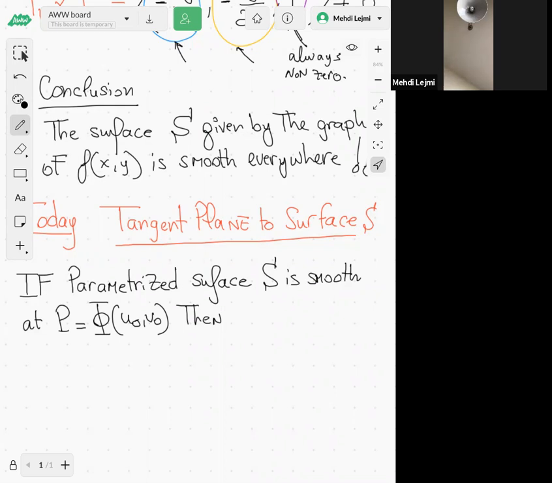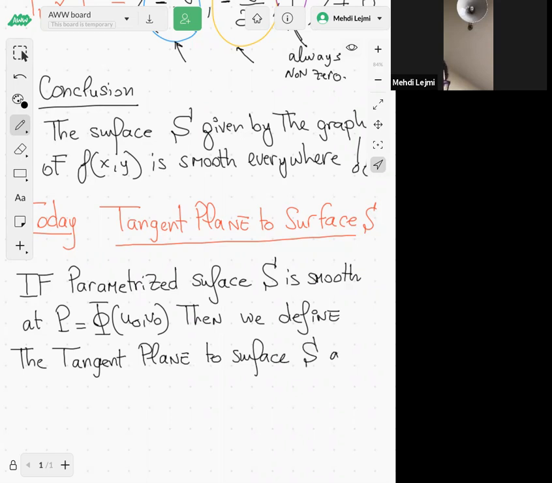Then we define the tangent plane to the surface S at the point P